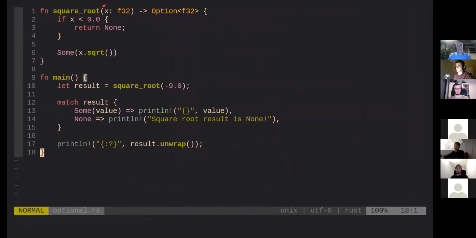In this case, we have square root, which takes in a value x and returns an option of a 32-bit float. If x is smaller than 0, we return none, since then we can't calculate the square root. But if it's bigger or equal to 0, we return some, and we pass it the value of the square root of x.